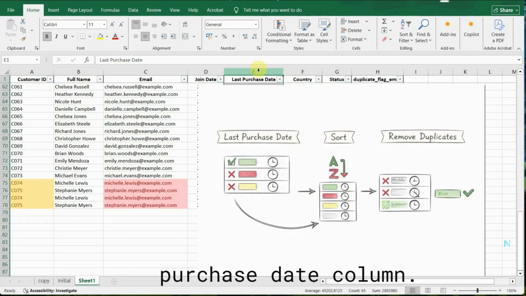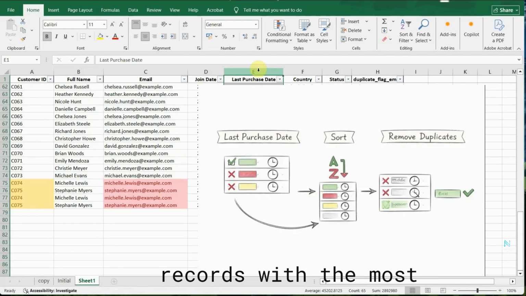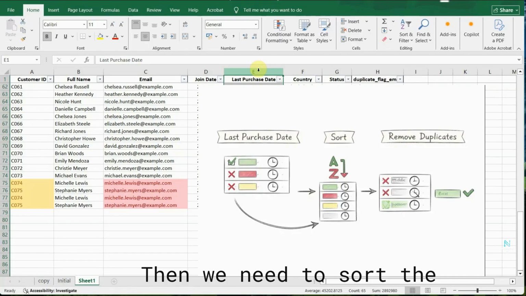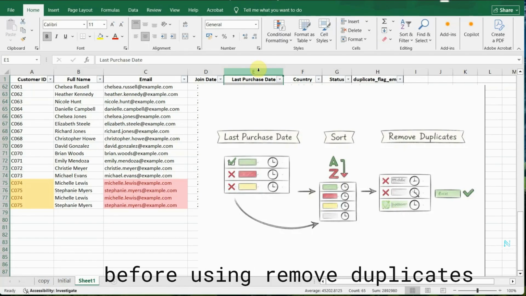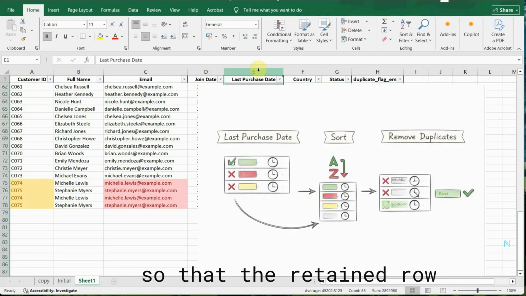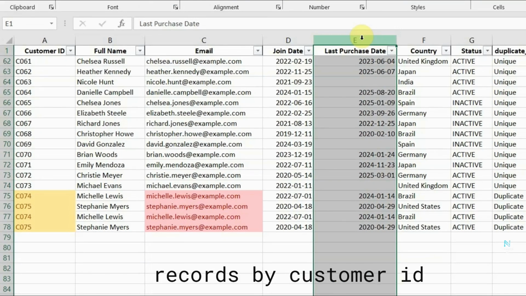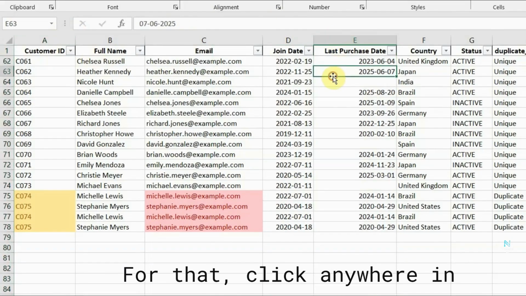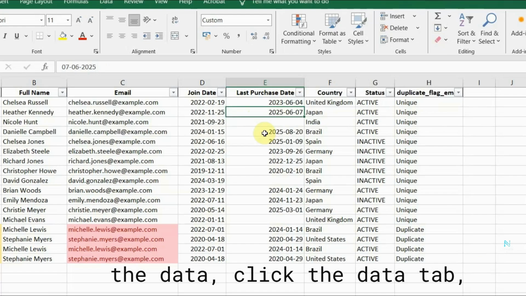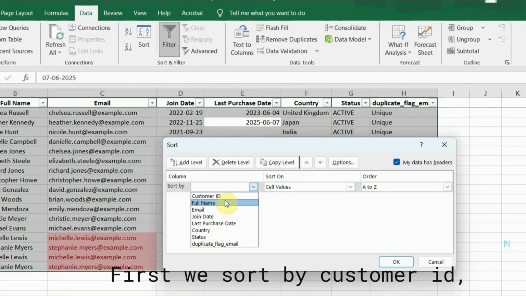This is the last purchase date column. Suppose while removing the duplicates, we choose to keep the records with the most recent purchase date instead of the first. Then we need to sort the records by last purchase date before using remove duplicates so that the retained row will be the most recent ones. So let's sort the records by customer ID and last purchase date. For that, click anywhere in the data, click the Data tab, Sort. First we sort by customer ID,